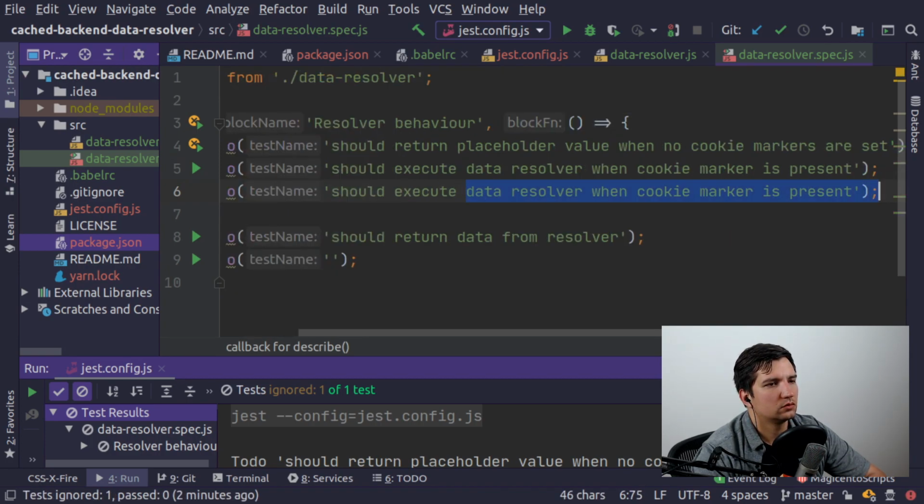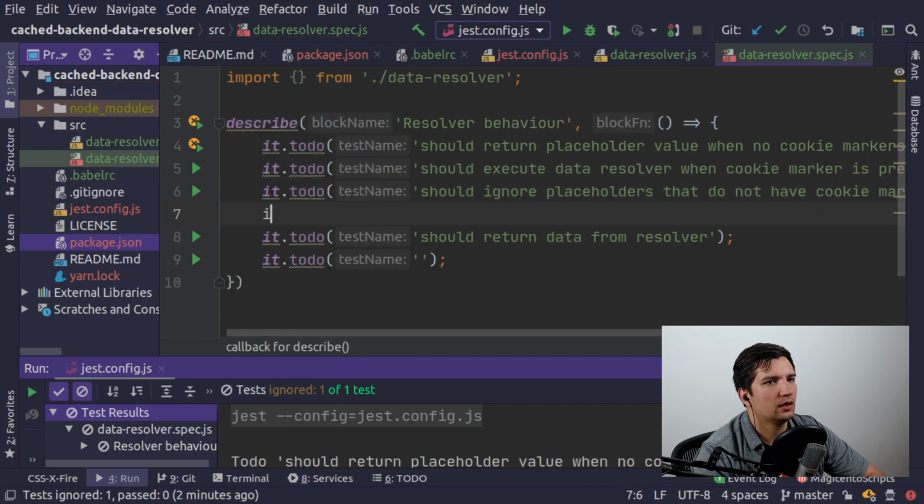Then we're actually missing here one more test. Should ignore placeholders that do not have a cookie marker. Right, this is fine, and now we also can specify something like